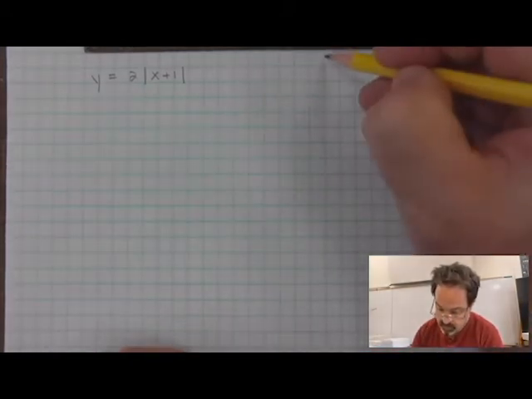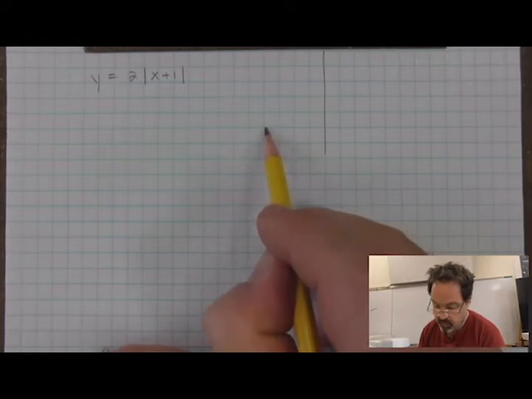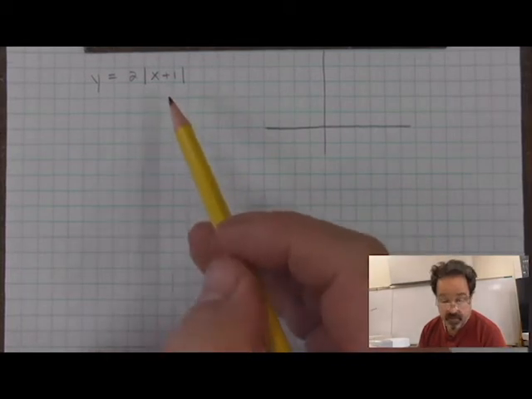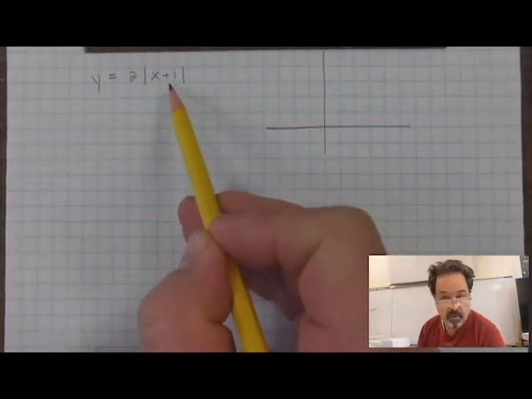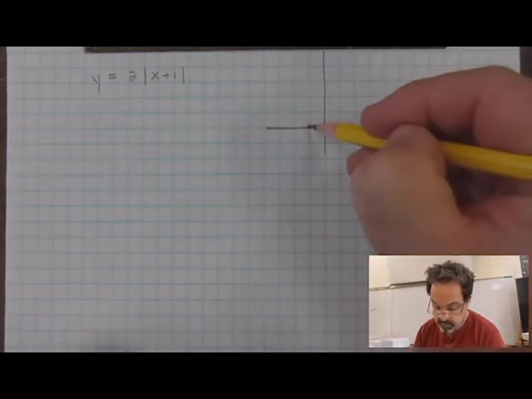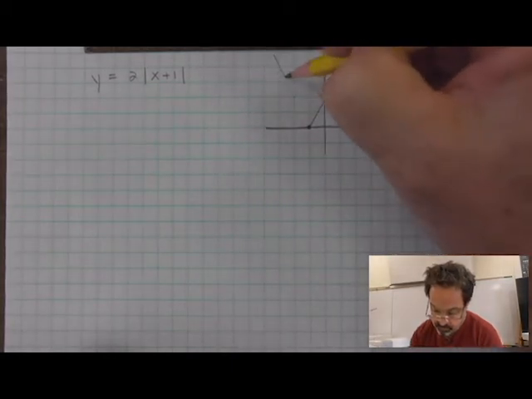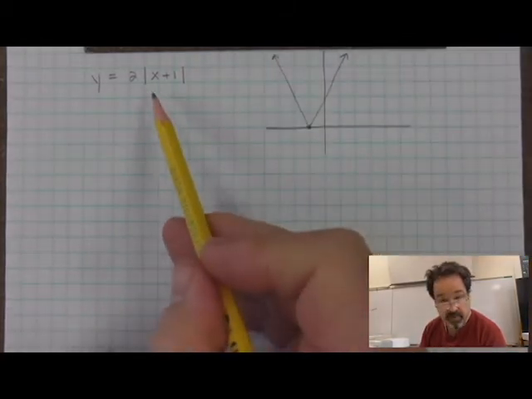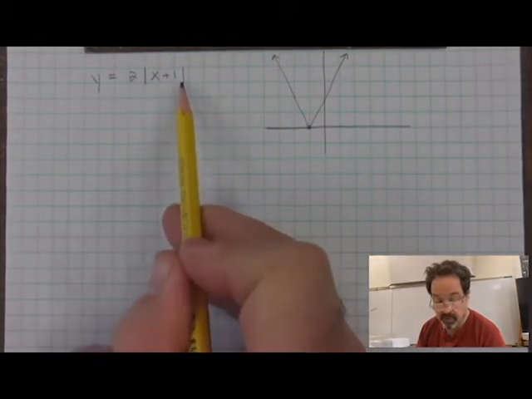Before we get started, let's get an idea of what a function like this looks like. This is the absolute value of x that has been moved left by 1 and vertically dilated by 2. It looks like this. And before we take the inverse of this function, let's remind ourselves how to deal with the absolute value bars